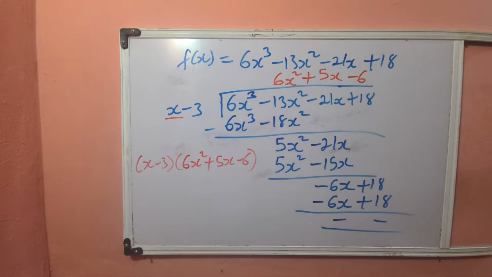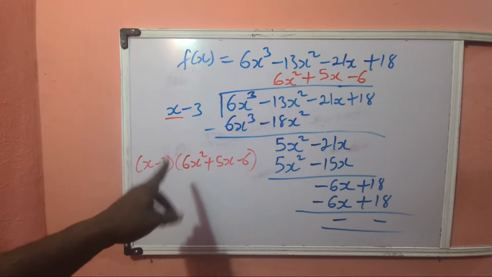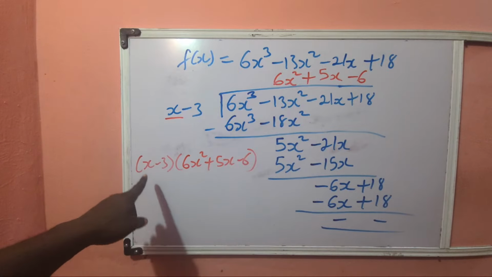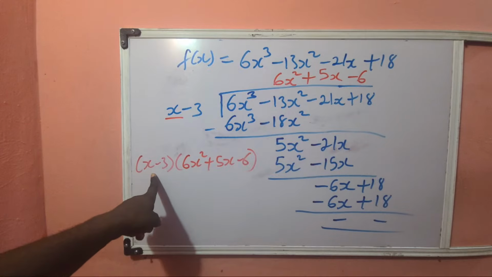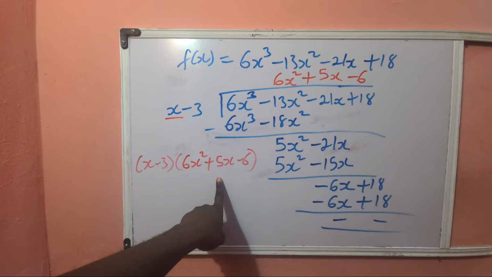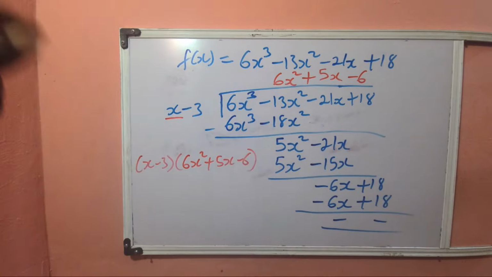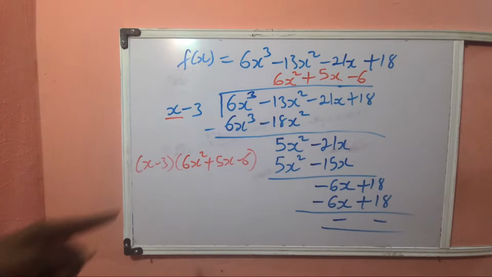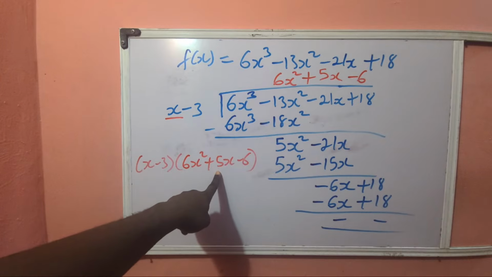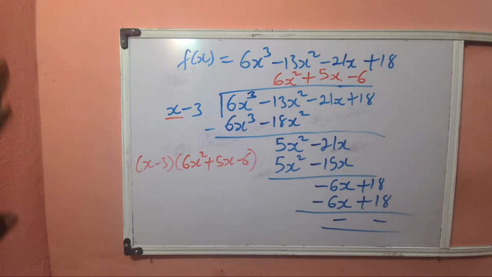Now, don't forget, we're told to express as a product of three linear factors. If you leave it in this position, you are expressing it as a product of a linear factor here and a quadratic factor. So even though these are two factors of this polynomial, you have essentially not answered the question yet. This is a linear factor. This is a quadratic factor. You were told to express as three linear factors. So you have to go on to try and solve this factor